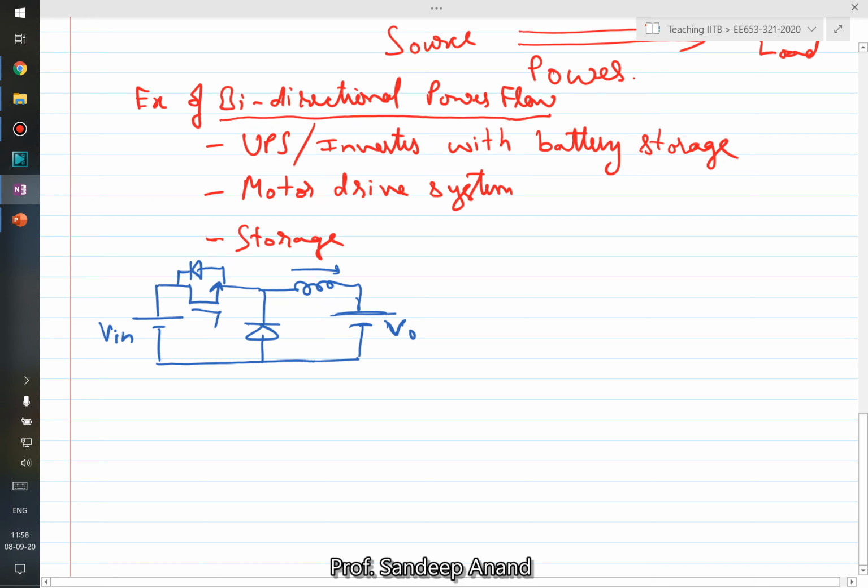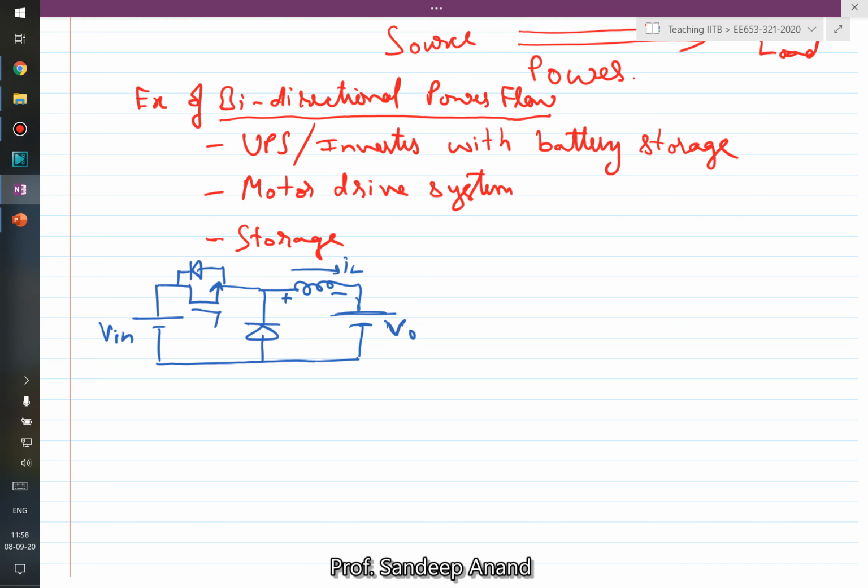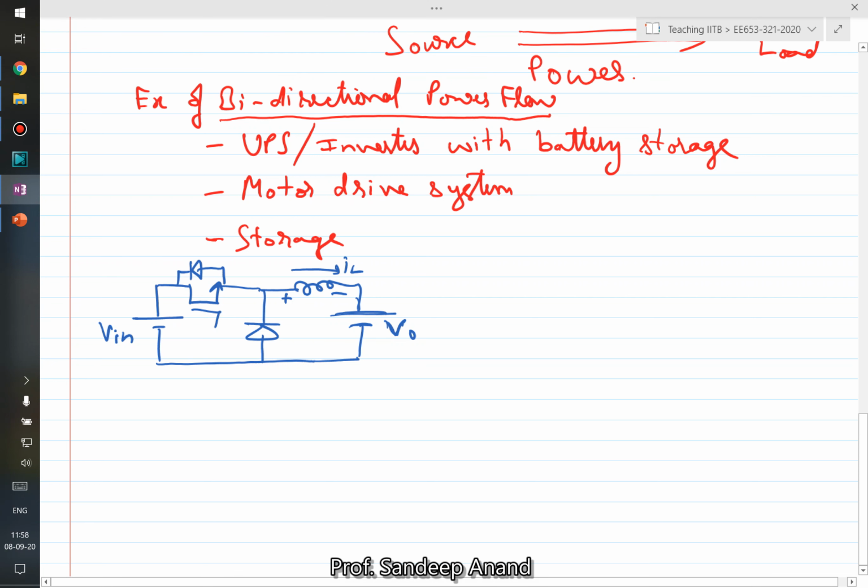the inductor current reference direction is from left to right, but can the inductor current reverse its direction? Let's see what happens if the inductor current starts flowing here. Obviously it can flow through this diode, but it cannot flow through this diode because it's in the reverse direction, right? So it cannot do power converter kind of operation. What maximum can happen is, if you can make VO greater than Vin, it will just conduct through the inductor and diode, that's it. You cannot realize the switching converter operation.